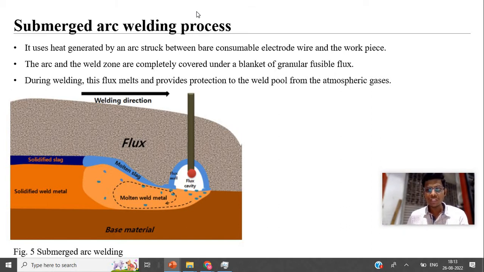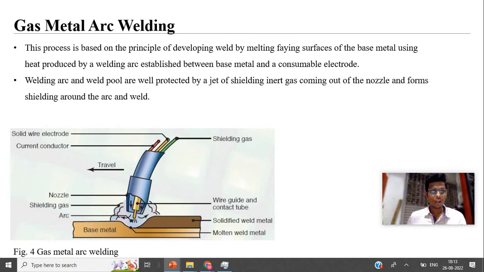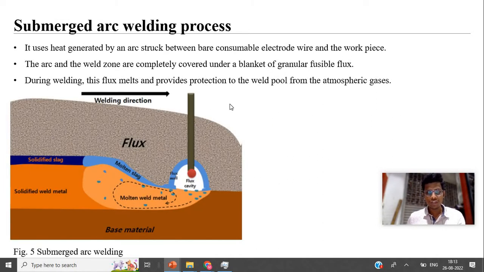So this is the brief introduction to the electric arc welding processes, basically the fusion arc welding processes. In that, I have explained the arc welding processes. These are the four brief ideas. So next,